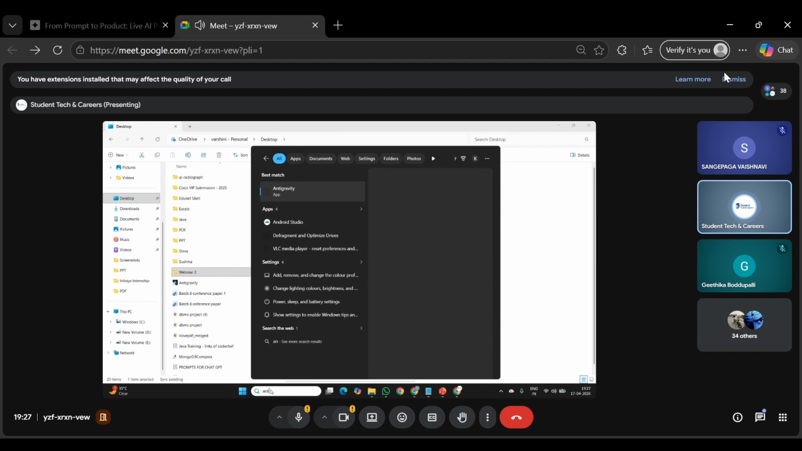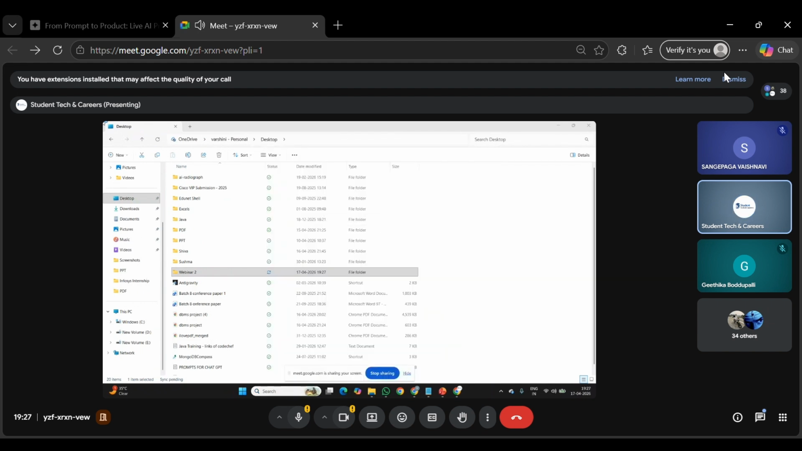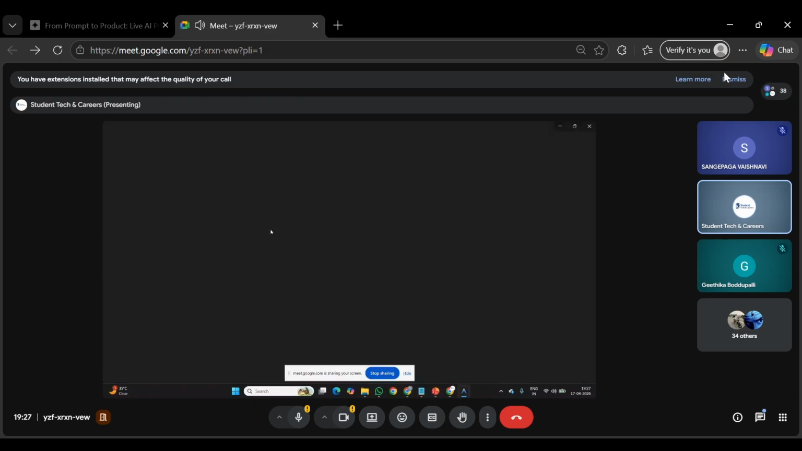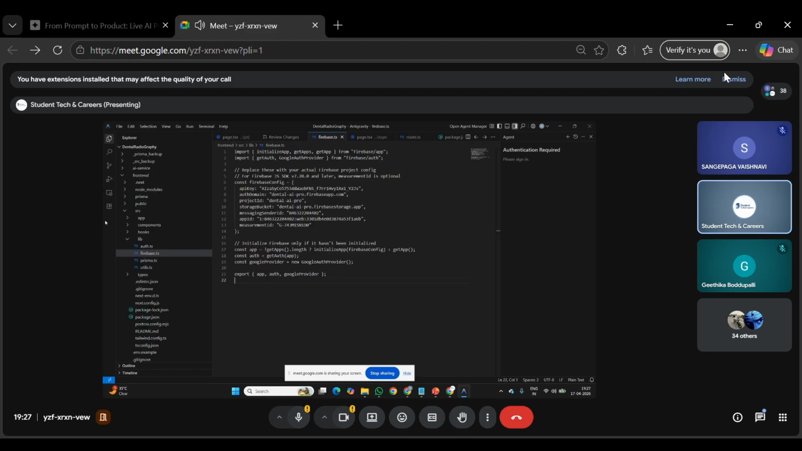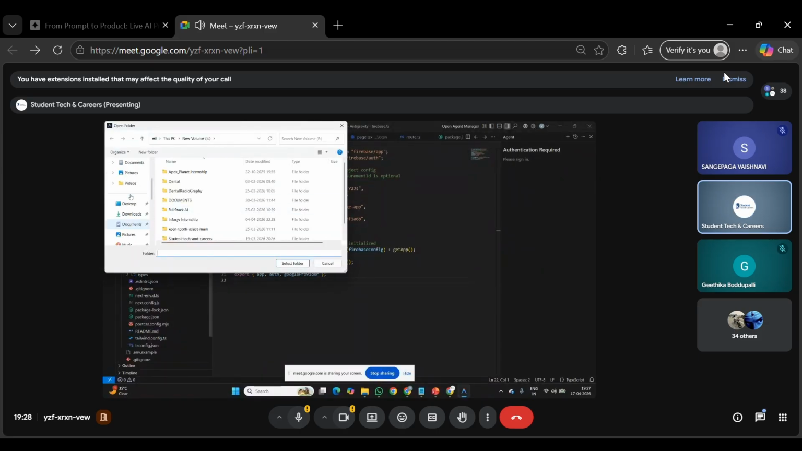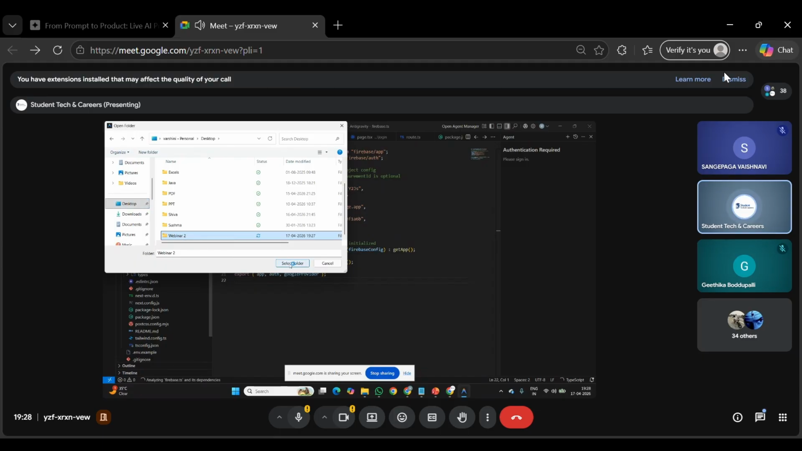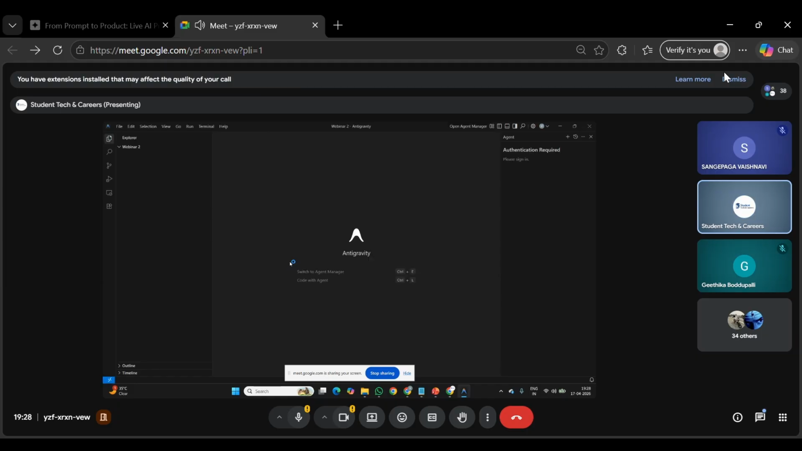In Chrome, if you type Anti-Gravity, it will directly download. For Windows, you can go for Windows. Mac is also available. Now let's create a folder, webinar 2, and we'll try to open that in Anti-Gravity right now. Now we'll open it,